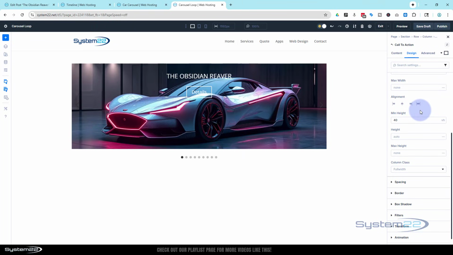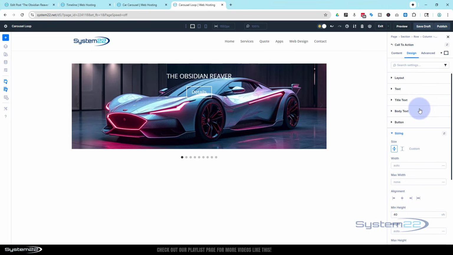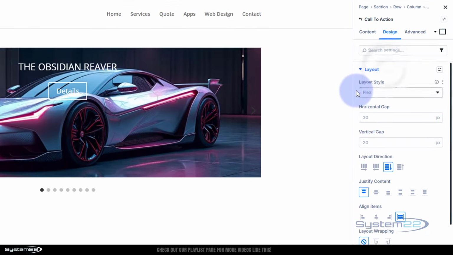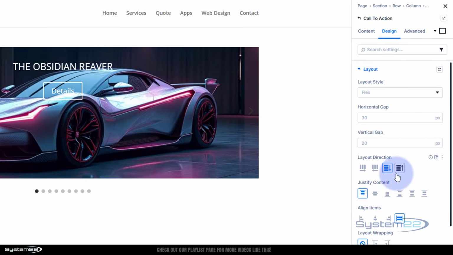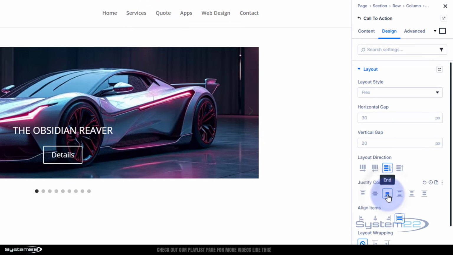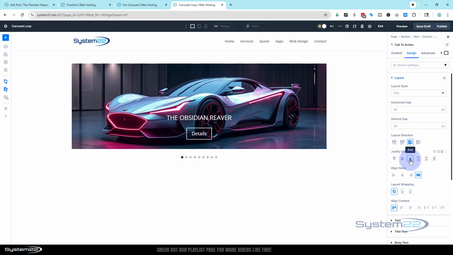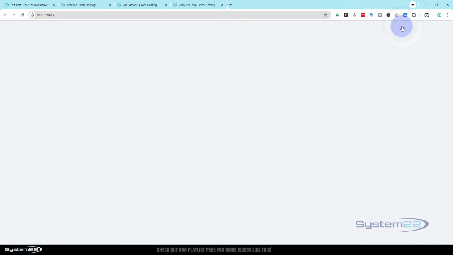Great. And the button and the title, I really want at the bottom there. So still in design, we can roll up to layout at the top here. It should be set to flex. It is. I'm just going to align the content to the bottom. Perfect. And just to show you what we've got so far, if I save draft here and we preview the changes,